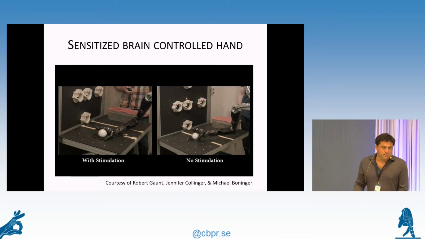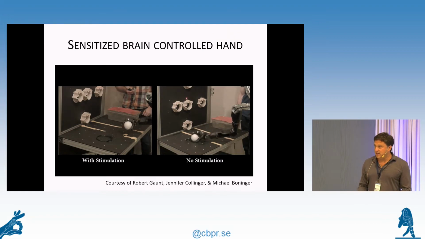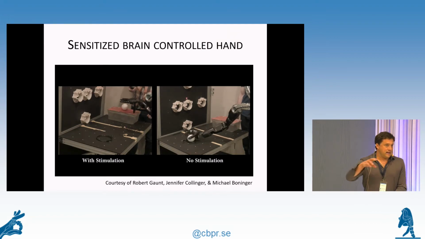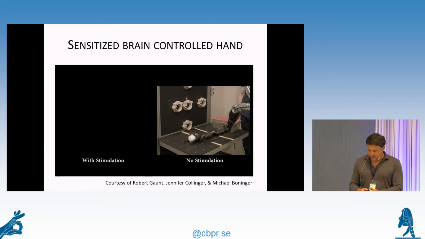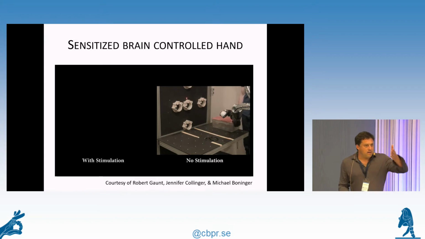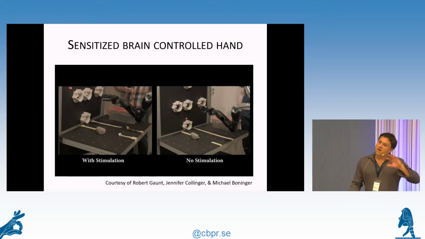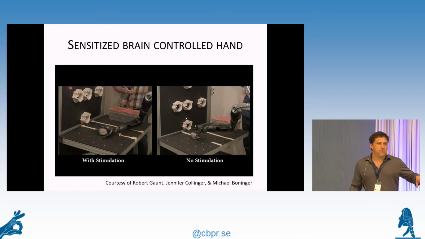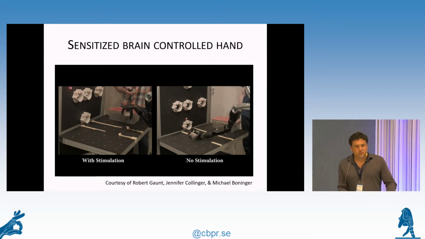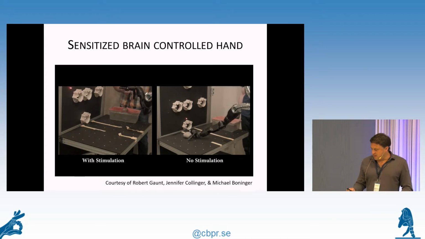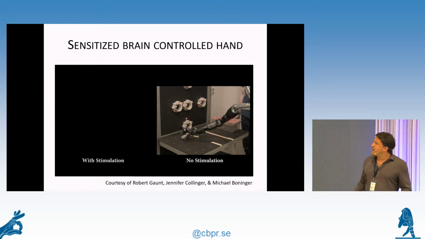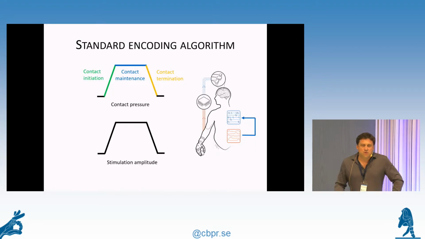And you can just eyeball these movies and see clearly that he's much better at doing this task when he can feel the objects than when he can't. So this is where we're at right now, I think. The state of the art is, it's been pretty well established in a variety of different contexts, for myoelectrically controlled arms for amputees, but also brain-controlled arms for tetraplegic subjects, that introducing touch helps you use the prosthesis. So the next generation of algorithms, though,